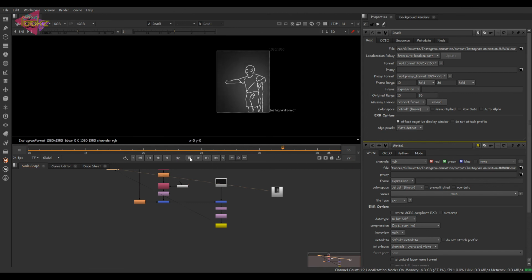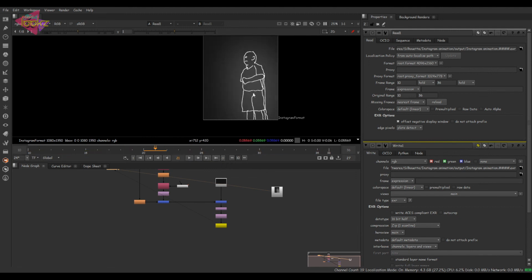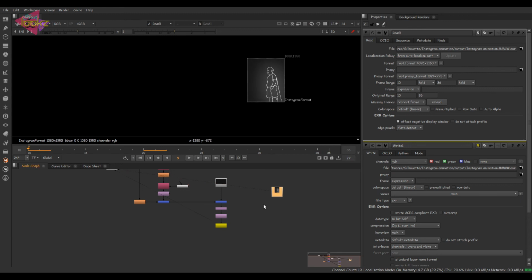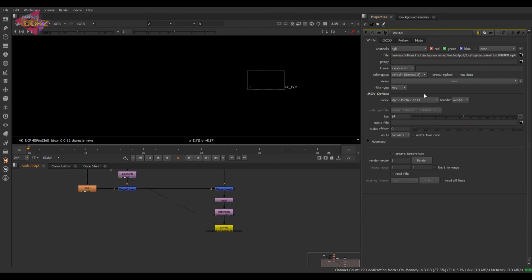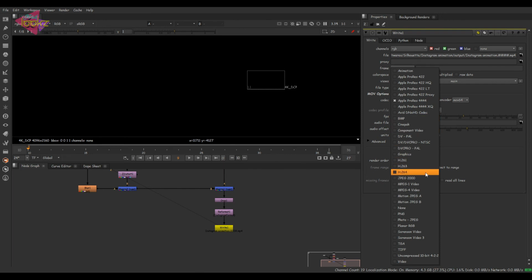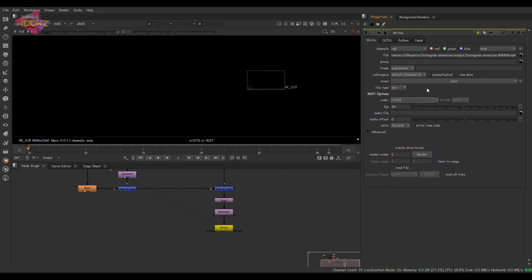Okay, this is an EXR output. I want an MP4 render out. So for that we can delete this, click on the EXR option, and just type MP4. It's getting loaded. Now we have the codec and all. Just select H.264, and you can leave all these other things off.